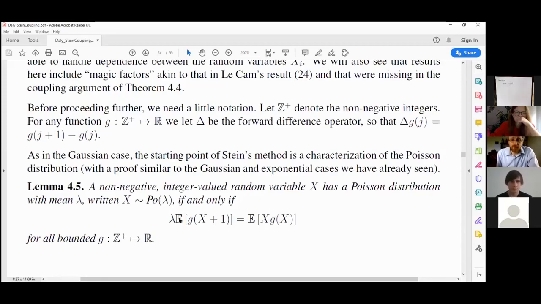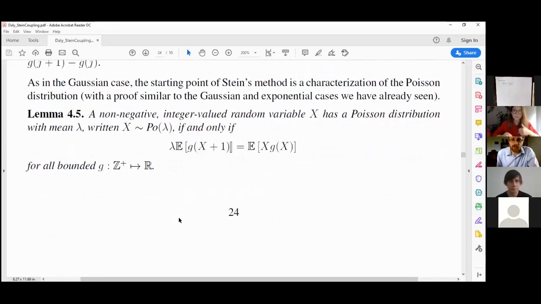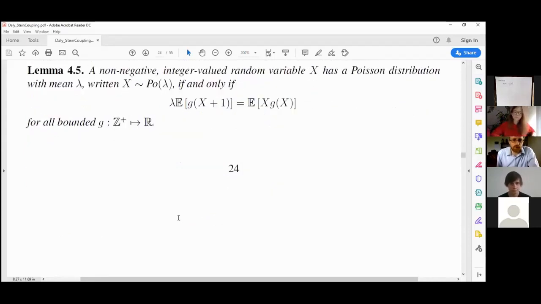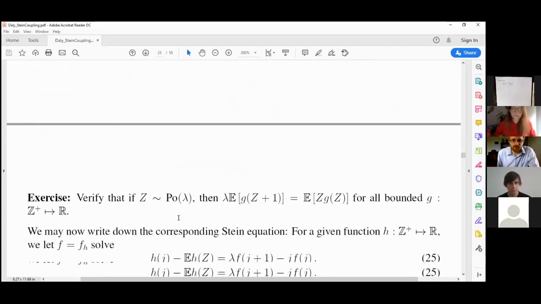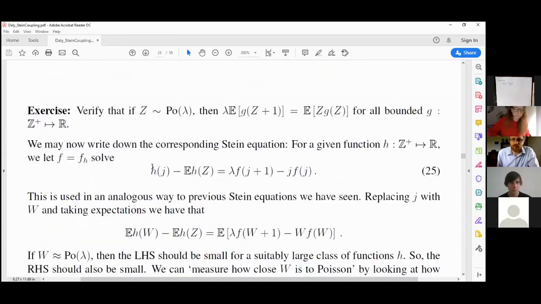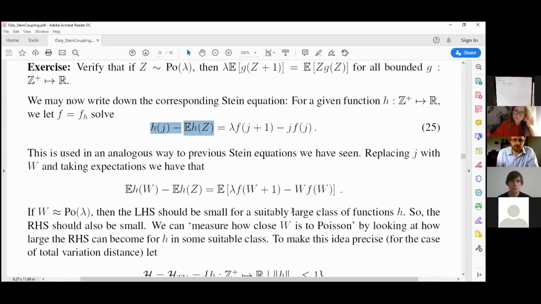So what I want to spend today thinking about is this size biasing approach to Poisson approximation. The setup for that we saw last week. We had the Stein equation that we wrote down, where one side is capturing the two terms in my characterization, and the other side is a thing that I want to bound to get a handle on how close some random variable W and this Poisson random variable Z are. So I just replace all my j's by the random variable W, take expectations,